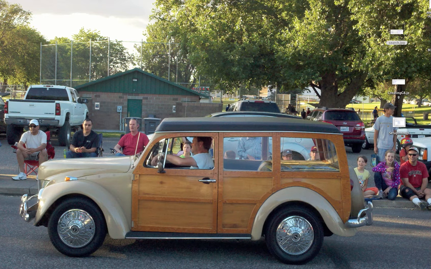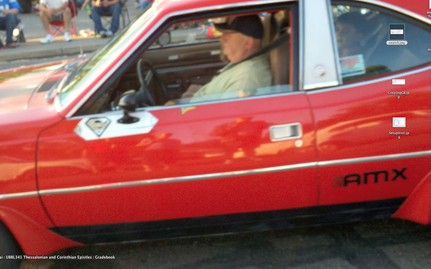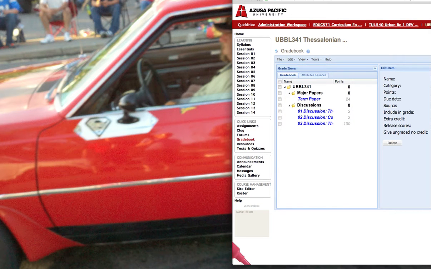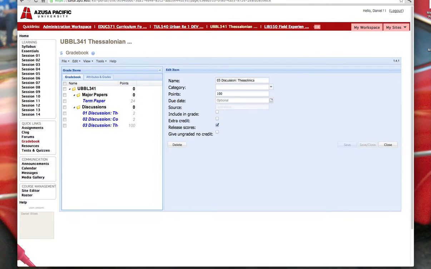Today we're going to talk about how to build a gradebook. So I'd like to show you a gradebook in progress that I'm in the process of building. Gradebook is a tool that we activate when we set up our course. So here we have Gradebook,